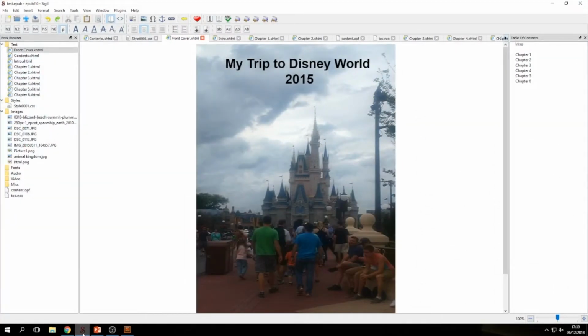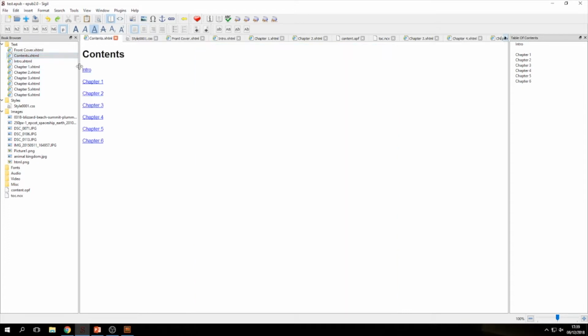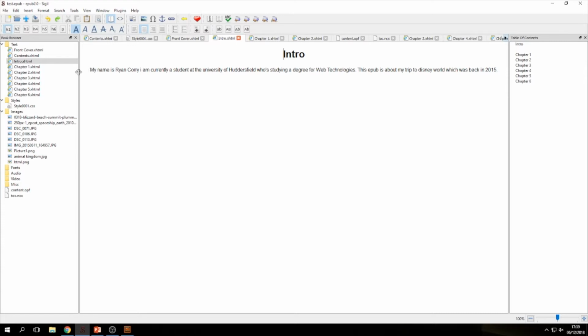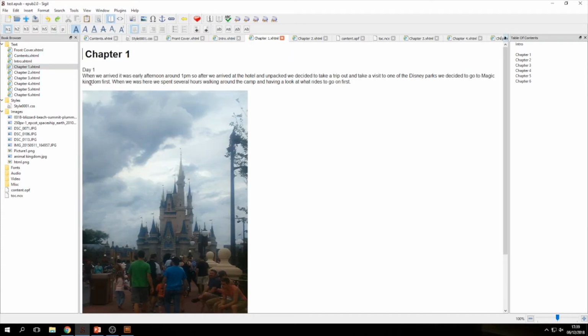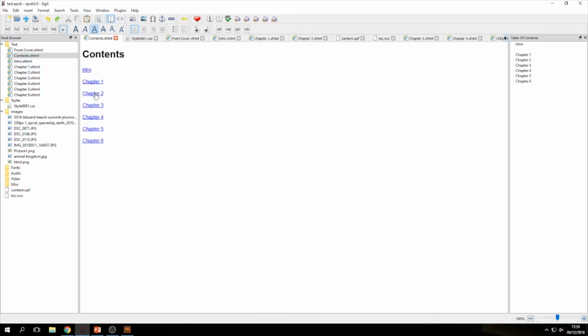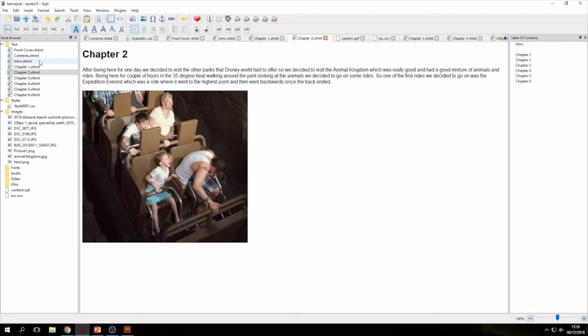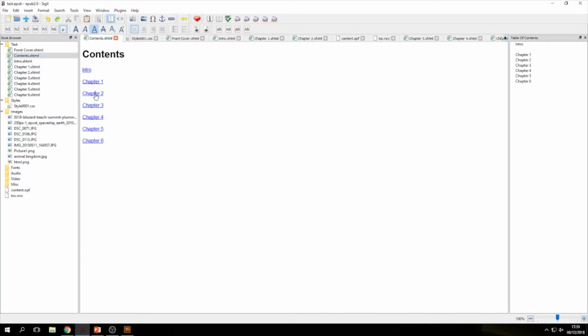And now we go on to my ePublish document, which I decided to do on my trip to Disney World in 2015. So this is my front cover, as you can see. And then you have the contents page, which has hyperlinks to intro, and telling you about the introduction, chapter 1 with an image, and chapter 2, again, a bit of information with an image, chapter 3,